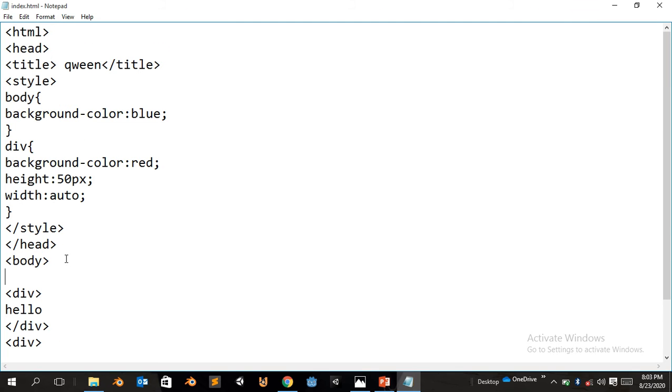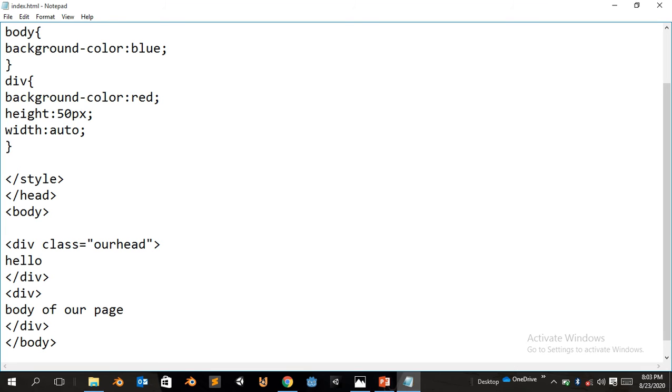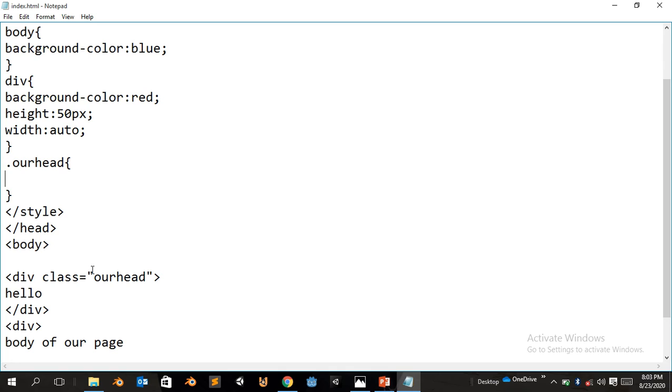So what we can basically do now, to make the two different divs be different colors, what we can do is come here and type class equals, then you put in parentheses, let's give it a name like head, or you can put anything you want, it doesn't really matter, but whatever you put here, let's just say head. So you come to your style, and put dot head. This is to reference it,